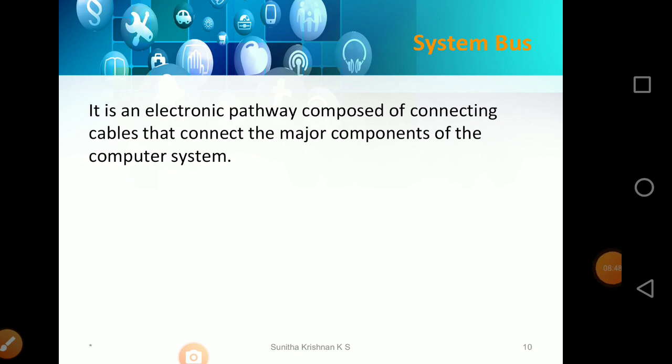So coming to the system bus, we learned about different components in the computer, and all these parts communicate with each other through electronic wires or electronic connections. The whole set of connections used for communicating between different parts is known as the system bus. It's a collective name for these electronic circuitries, connecting wires from one component to the other. And this bus is of different types: the address bus, the data bus, and the control bus. All of them serve different purposes.